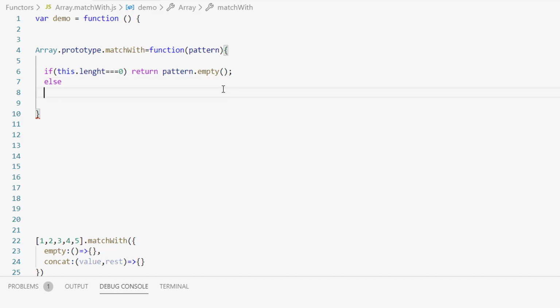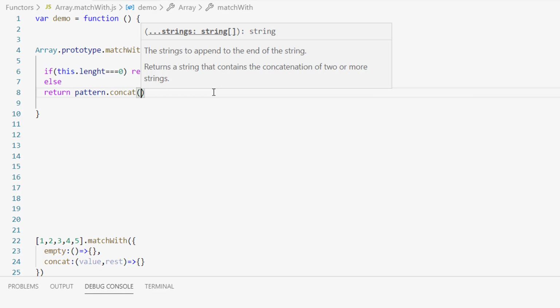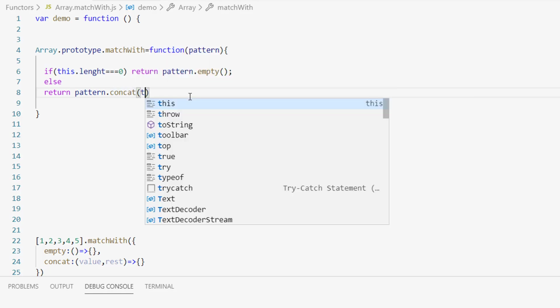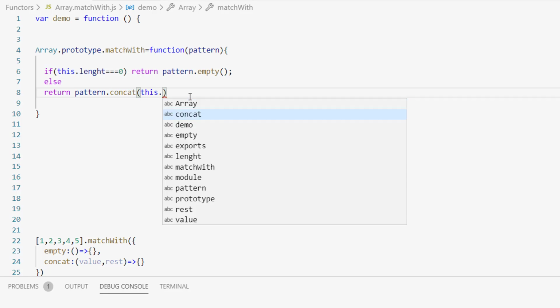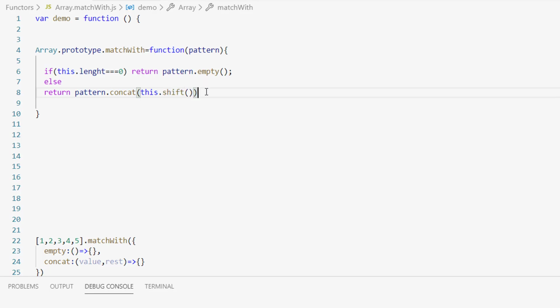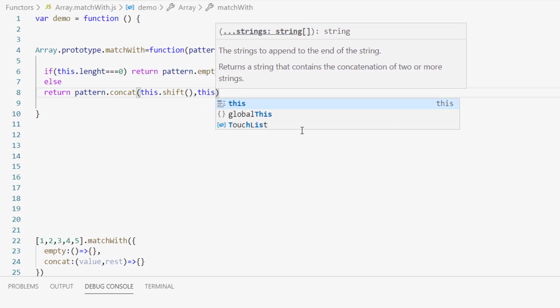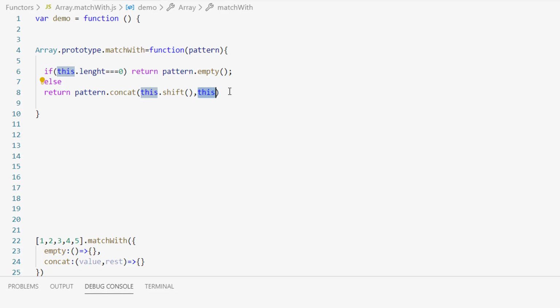Else here we are going to return the pattern concat, and inside, the first will be the first element of the list. So here I will just use shift, and the shift just returns the first element and then it modifies the list. So at this point the this, which represents the list, is the rest of the list. So